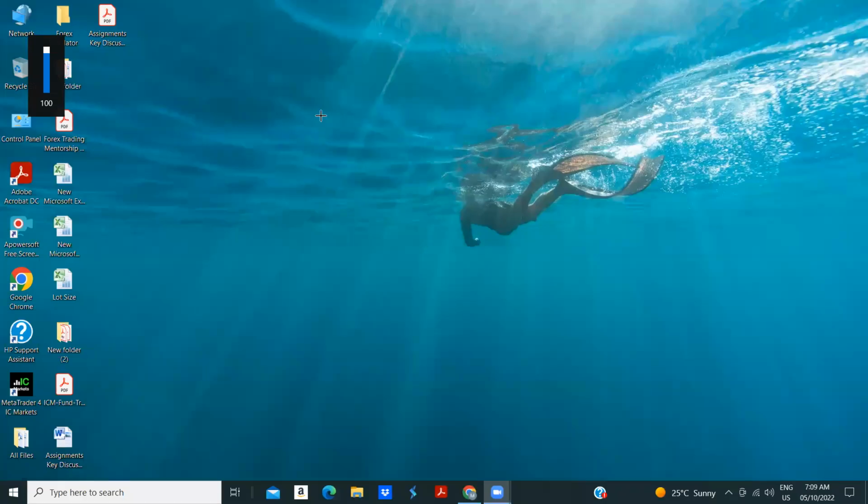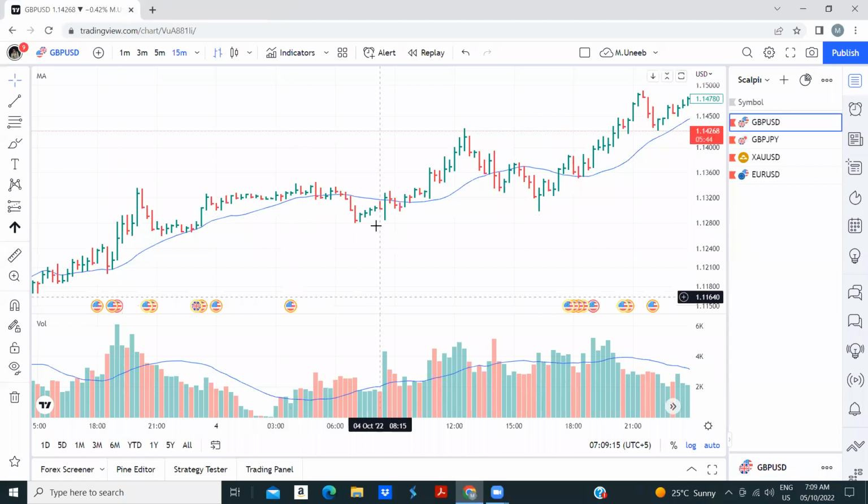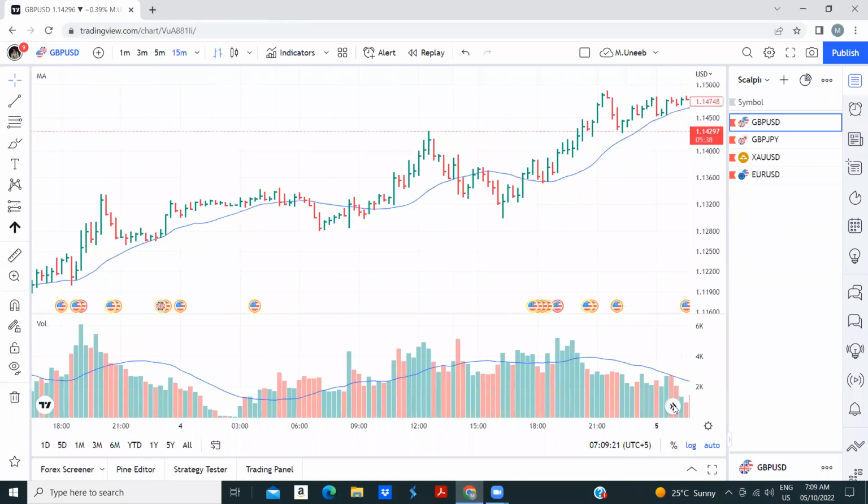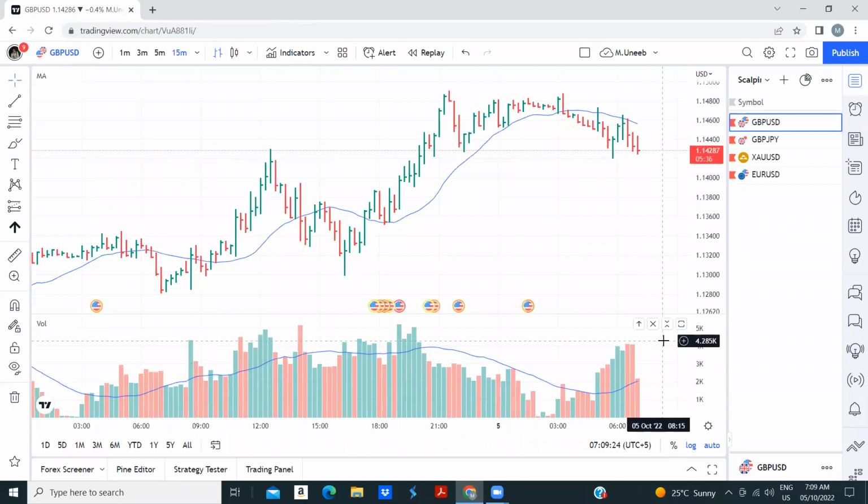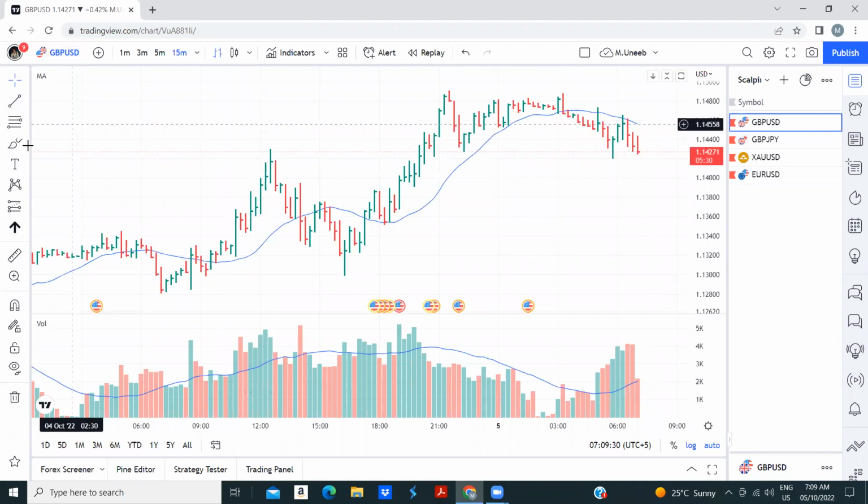Okay, so the first thing we have to find out is the overnight session start. This is the GBP JPY pair. When you are trading the London open setup, the first thing you need to do is go over to your TradingView charts and only trade the British pound US dollar, British pound JPY, and Euro US dollar. These three pairs are very, very dominant pairs for